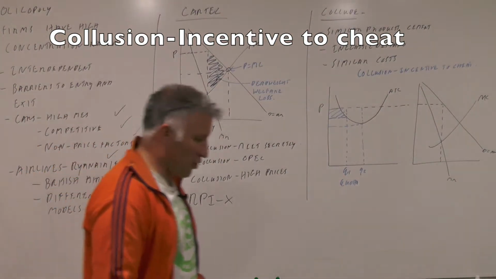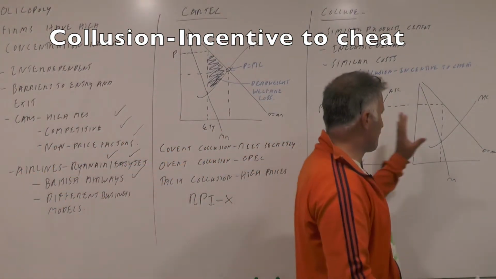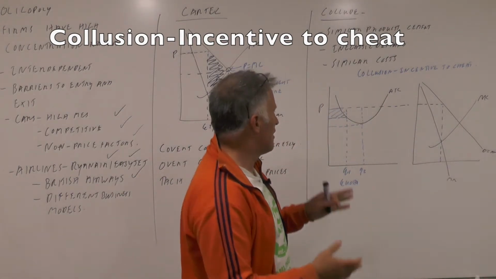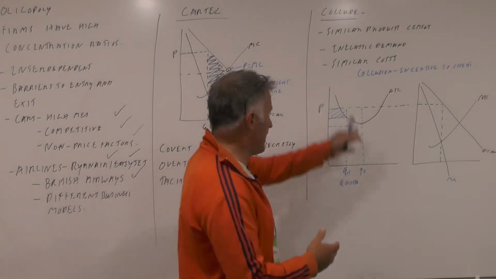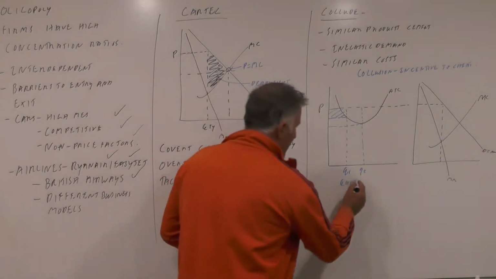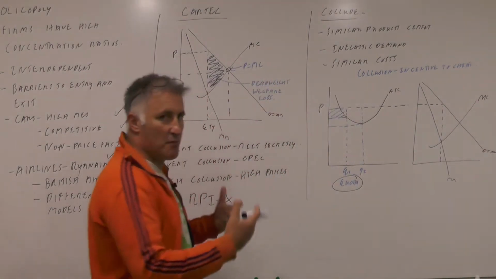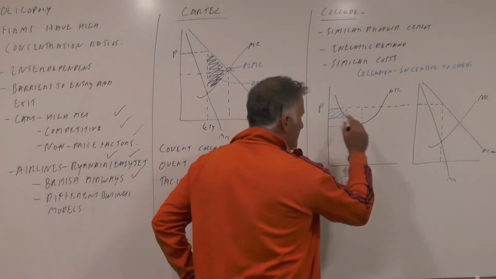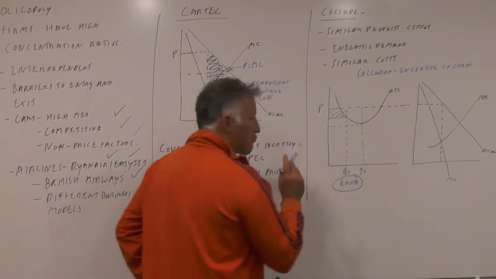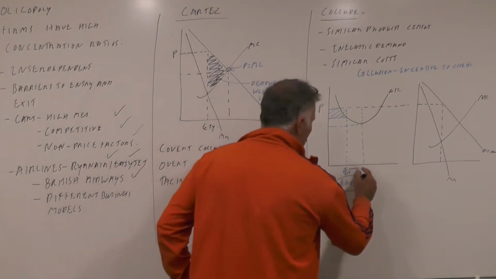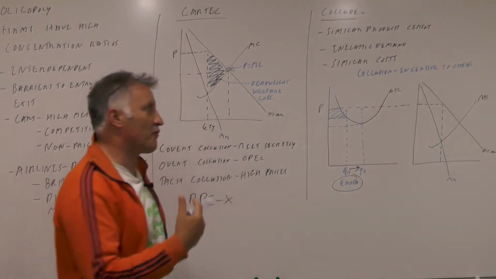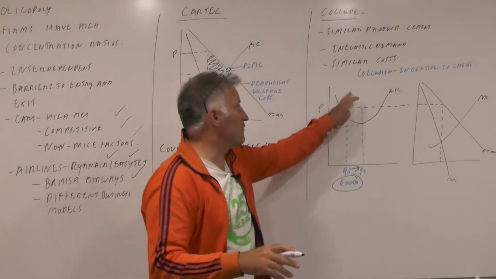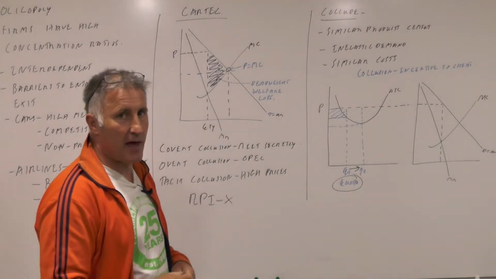So say on here we're working at a monopoly situation because all the firms have colluded, so there's a welfare loss, etc. But then the individual firm over here is given a quota. You only produce this much cement or this much oil. However, it is making profits, but there's a clear incentive to break that collusion and produce more. And if it produces more, then its profits are going to go up. So even in a cartel, there is an incentive for firms to cheat.